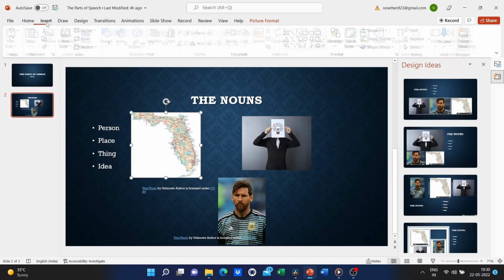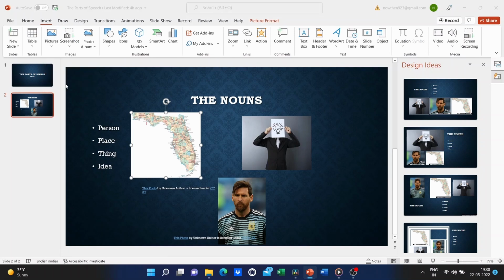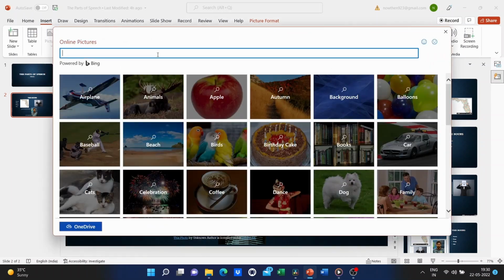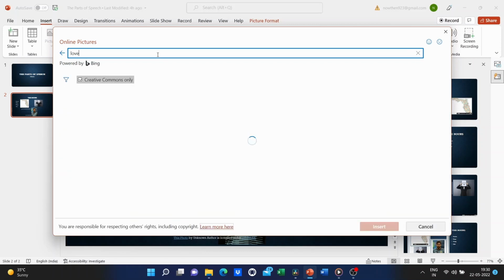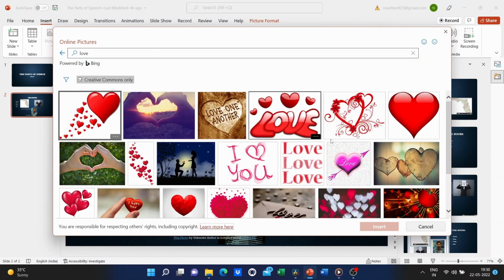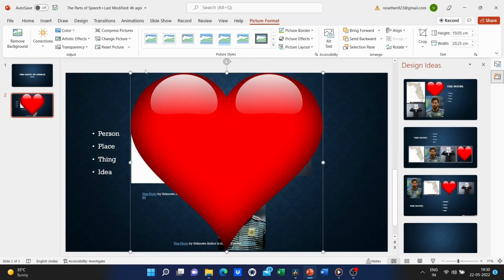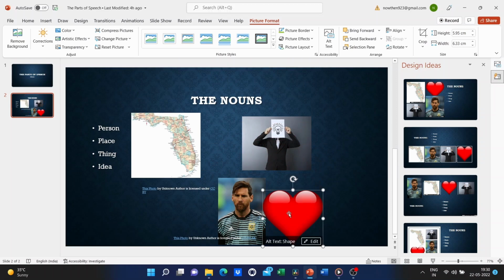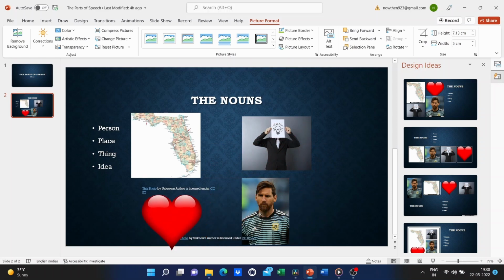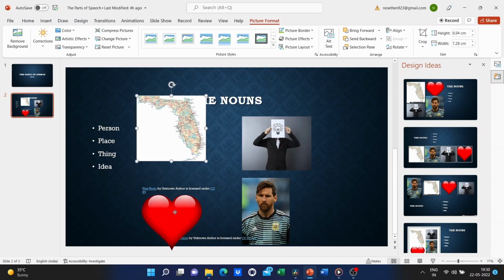So I'll click to add an idea. How about love? Now I would argue that this is still a thing, but that's okay. I'm just gonna go ahead and add that anyway. So now I've got these 4 images, one for person, one for place, one for thing, and one for an idea. So let's try out this presentation so far. I'm gonna click back to slide number 1.